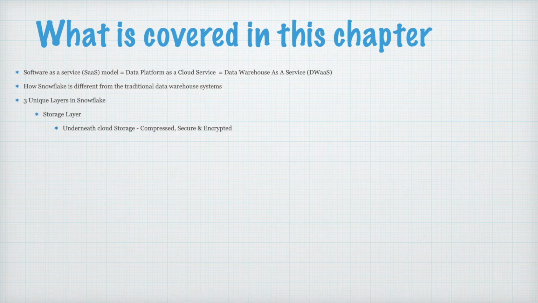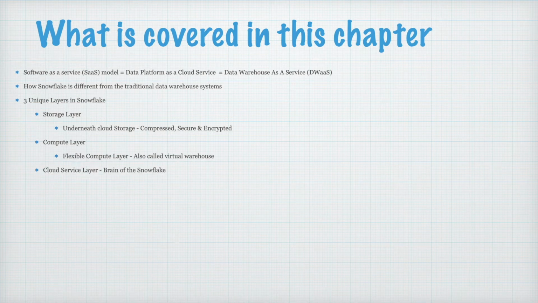So, what is covered in this chapter and what kind of questions you would be able to answer once you complete this video tour? Snowflake is a software as a service (SaaS) model. Sometimes it is also called data platform as a cloud service or data warehouse as a service. How Snowflake is different from traditional data warehouse systems: it has three unique layers called the storage layer, underneath cloud storage which is compressed, secure and encrypted; the compute layer, which is nothing but a flexible compute layer, also called virtual warehouses; and the cloud service layer, also called the brain of the